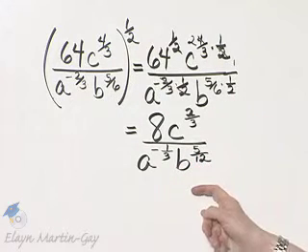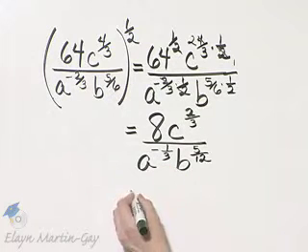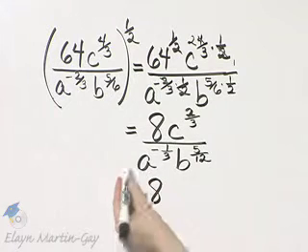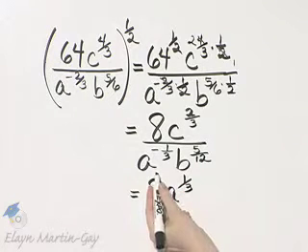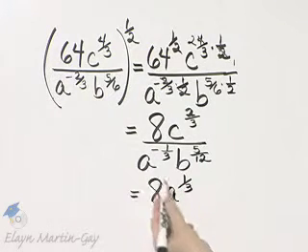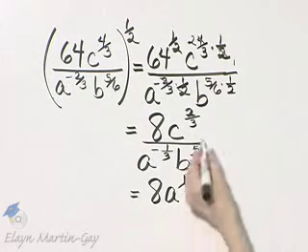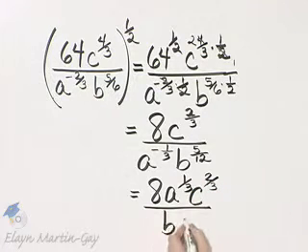I'd like to write this so that I have positive exponents only, so I will take a step and write this as 8. Now I'll go ahead and write my a to the 1/3 power here in the numerator. It's a to the negative 1/3 power in the denominator, so if I bring it to the numerator, it's a to the 1/3 power, c to the 2/3 power, over, and then I have b to the 5/12 power. No further simplifying can be done because these bases are all different.